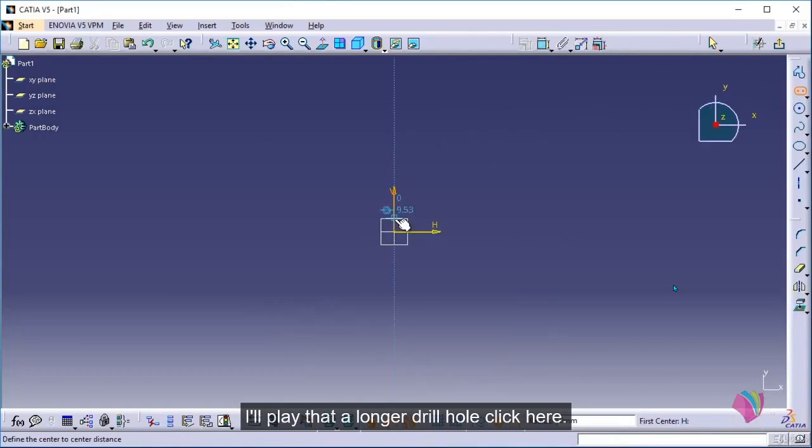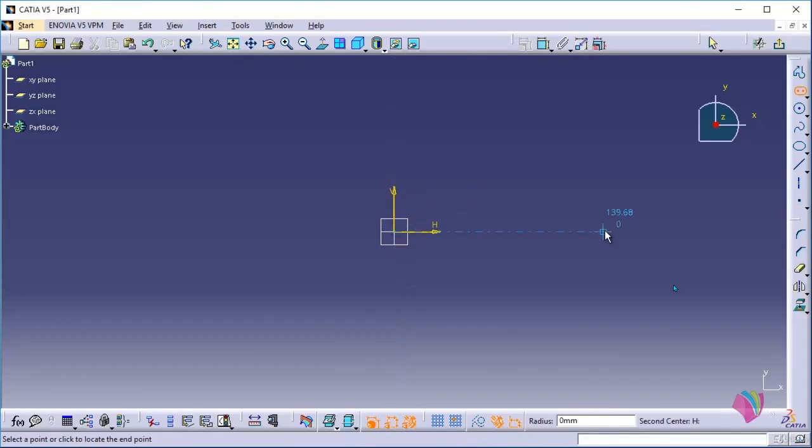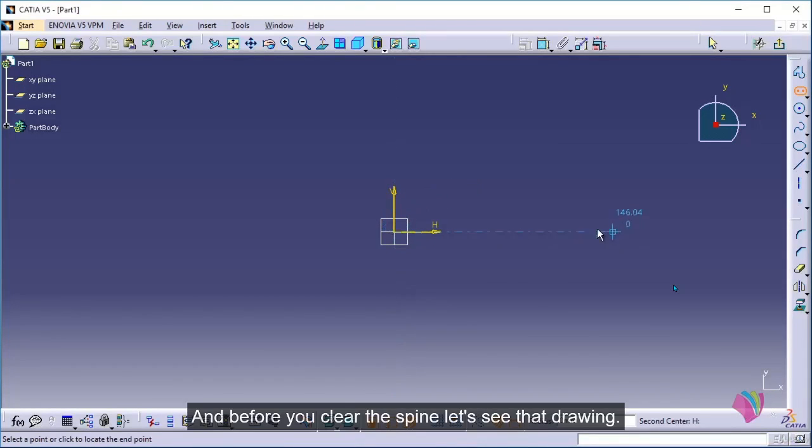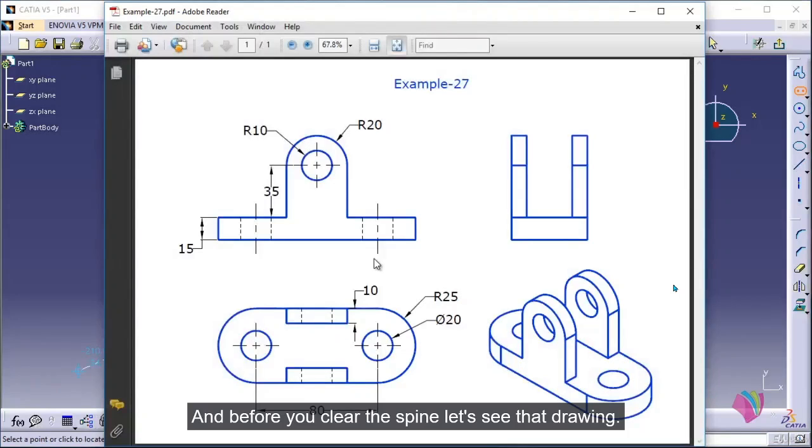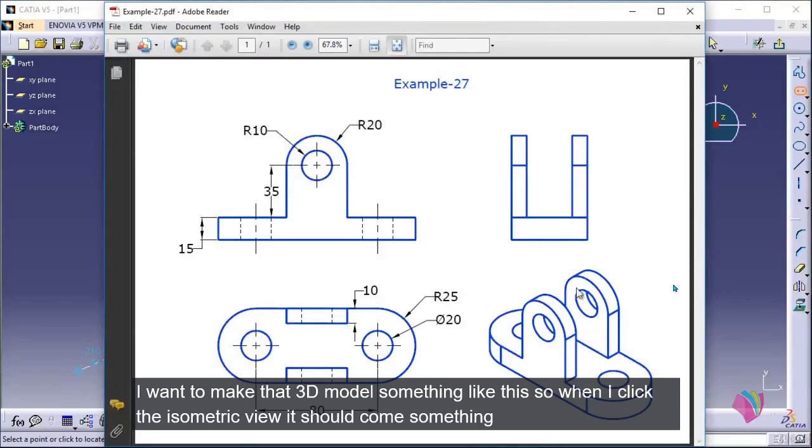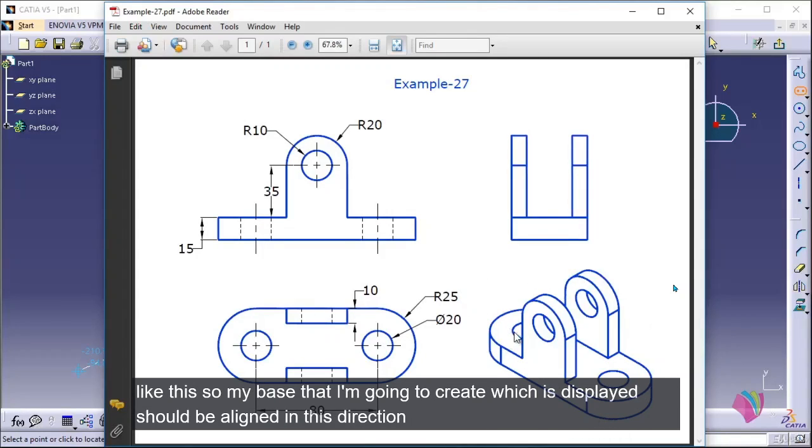I'll create an elongated hole. Click here, and before you create the sketch, let's see the drawing. I want to make the 3D model something like this. So when I click the isometric view, it should come something like this. So my base that I'm going to create, which is this plate, should be aligned in this direction. For that,